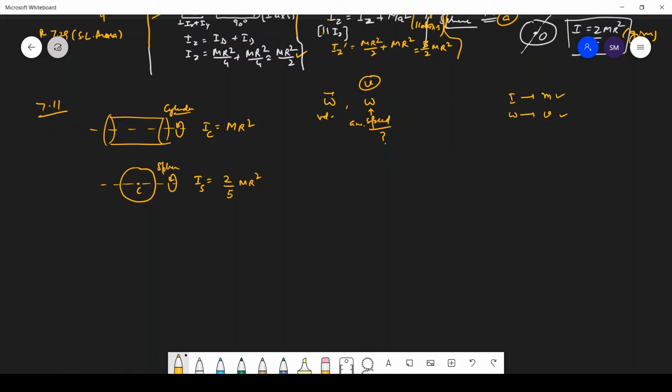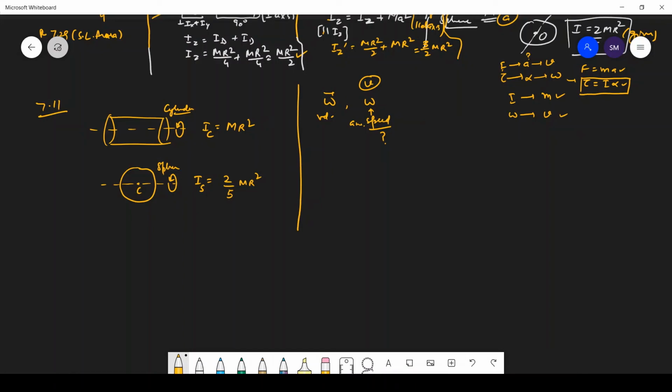When we apply the torque, like in the force case, due to force there is acceleration and then a change in velocity, similarly here torque gives angular acceleration and then angular velocity. That is the way out. Now what is the formula to find the acceleration first? F is equal to ma. In rotational motion we have tau is equal to I alpha, instead of mass I have I, and this is alpha. That's the formula that we have. I will find this alpha